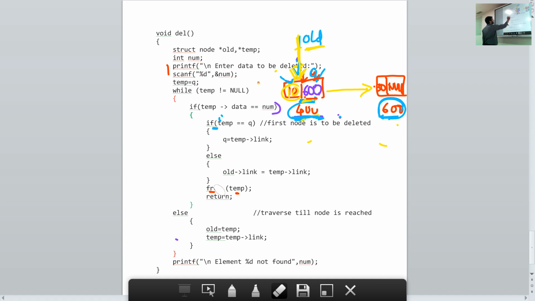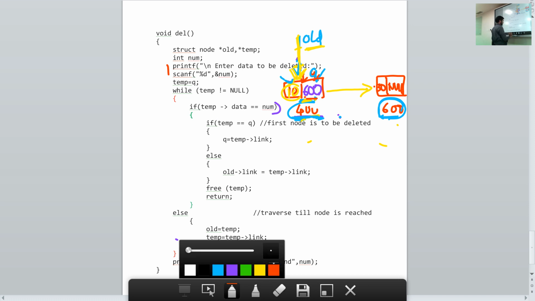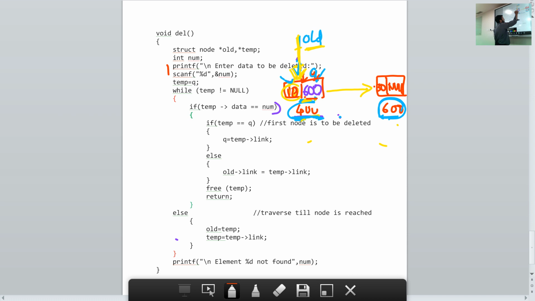Now we are having two nodes in our linked list. Okay, let me draw the same thing again. So we are having two nodes. One is having the data value as 10, and the second one is having data value as 30. Let me redraw this diagram and show you again how deletion is done.